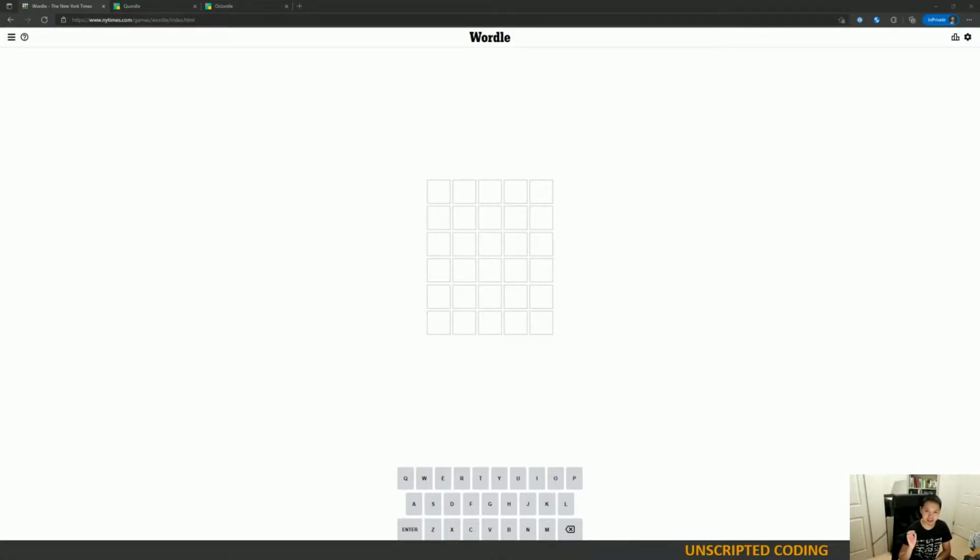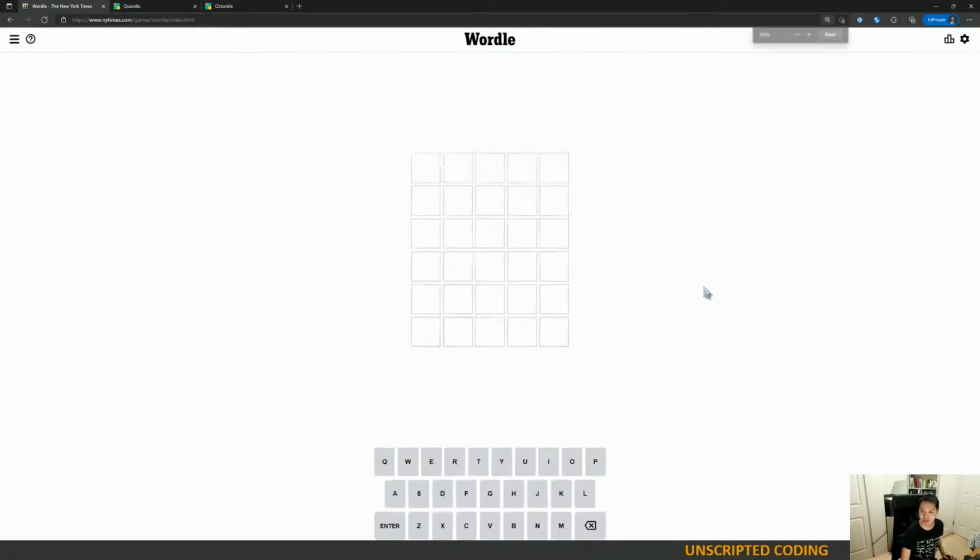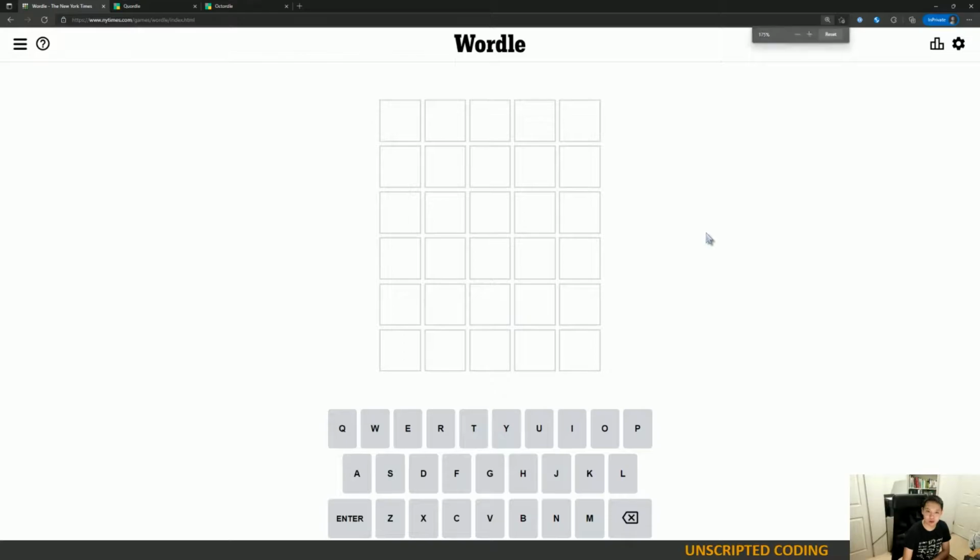Today we are totally just latching onto the latest craze. Wordle is, of course, a word game that has exploded. New York Times bought it out. And the premise of the game is really simple. You try and guess the 5-letter word, and everybody gets the same word every day. So you can share with your friends, you can figure out who's the best, who did it in the fewest